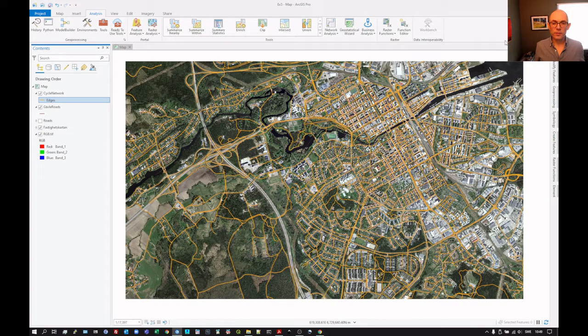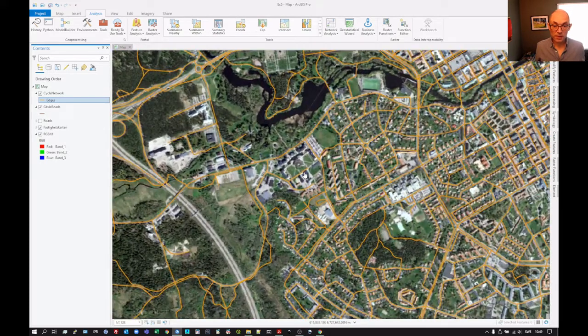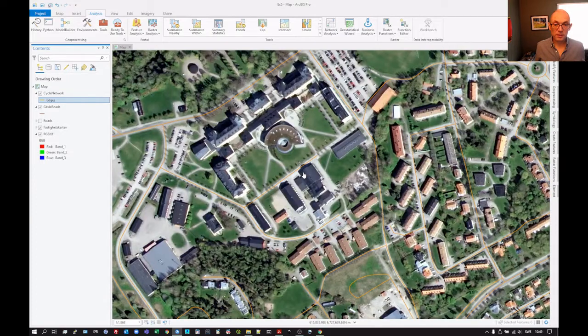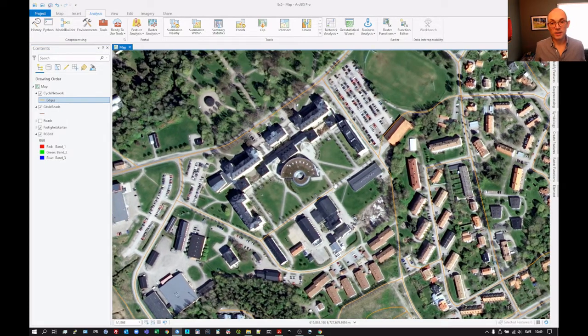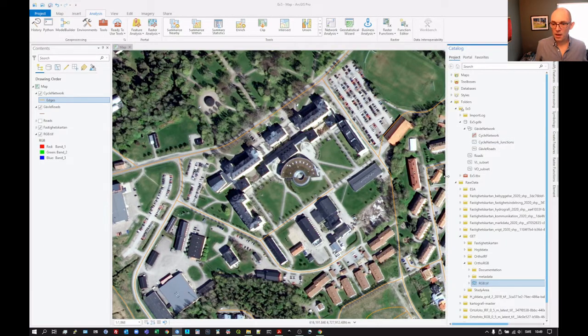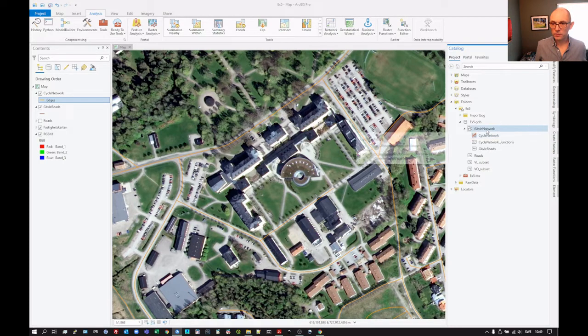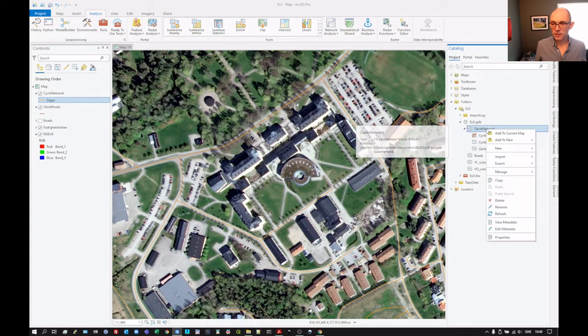And then what we're going to do is add a start location for our analysis, and it's going to be somewhere in the middle here. Zoom in there, and we can see here's the campus, and we're going to be putting in a point there somewhere, but we need a layer that's going to receive that. We need to have a feature data set or a feature that's going to receive that. So we need to go to Catalog, please, and then right click on our network there and click on New and New Feature Class,